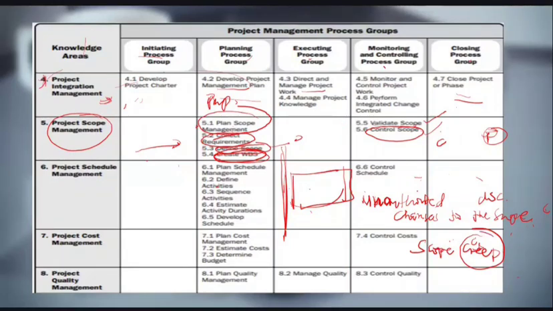Okay, so watch out for this term, scope creep. There's a question on that. We'll come talk about it again. That is done at the control scope. Protect the scope. Make sure everything that comes in is what you have to do. There's a proper approval. That is all the work we do under scope management. Now let's go to